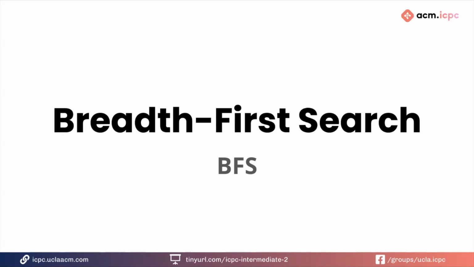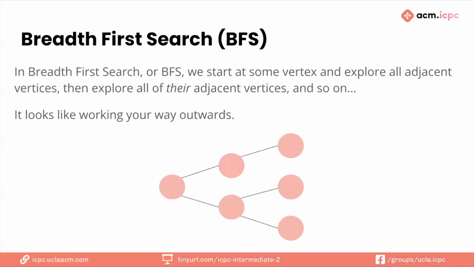So let's go over breadth first search first, also called BFS. The idea of BFS is that we start at some vertex and explore all its adjacent vertices, then explore all of their neighbors, and so on. Just like it's shown on this small diagram, you first explore the root vertex, and then its neighbors,